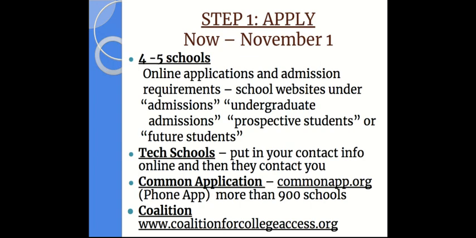There's also something called the Common Application. It's where you can do one application for a whole bunch of schools. They have 900 schools in that system. So if 3 or 4 of your schools take Common App, just do the Common App and you select the schools that you want it to go to. There's also an application called the Coalition Application. They have about 150 schools. So it's not as big. But your seniors should know a little bit more about that.